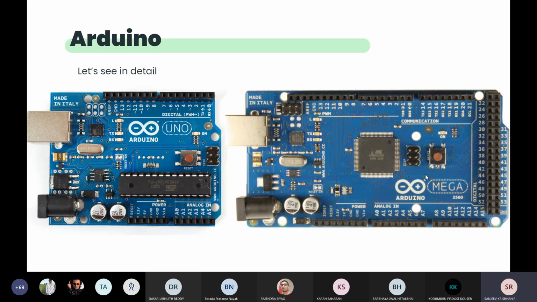Okay, so here you can see these are analog inputs. Starting with A, these are analog inputs. We can connect analog sensors to these pins only. In Uno, there are 6 pins starting from A0 to A5, and here there are 16 pins starting from A0 to A15. Okay, so these are analog pins. Apart from that, all these pins are digital pins, which means they can be used for digital input and also for digital output.